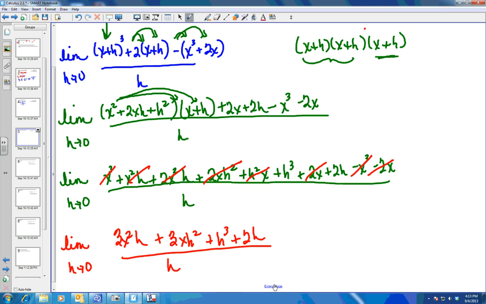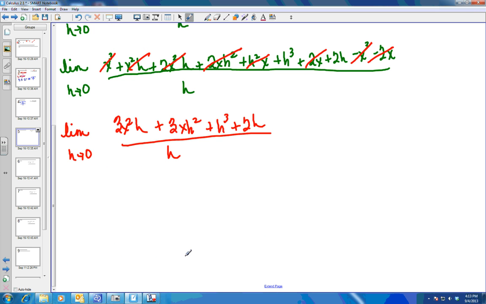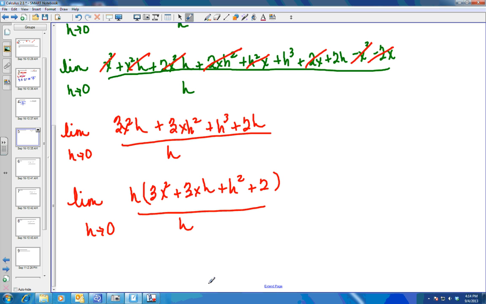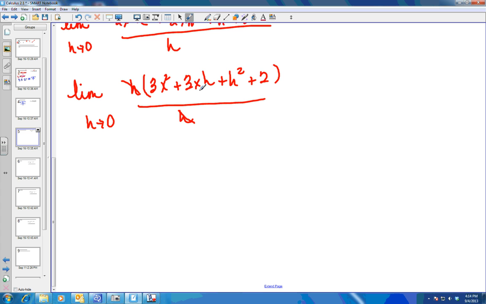Okay, so now I still can't use direct substitution because I still get 0, but I can factor out an h on top. So the limit as h approaches 0, factor out an h, and I get 3x squared plus 3xh plus h squared plus 2 all over h. So I took an h out of all of those. Now I can cancel these h's, and now I can use direct substitution to find the limit as h approaches